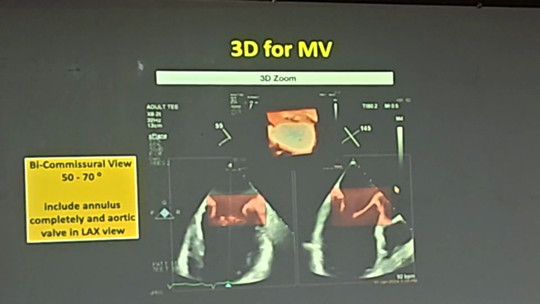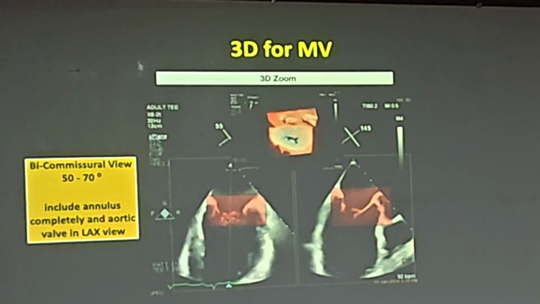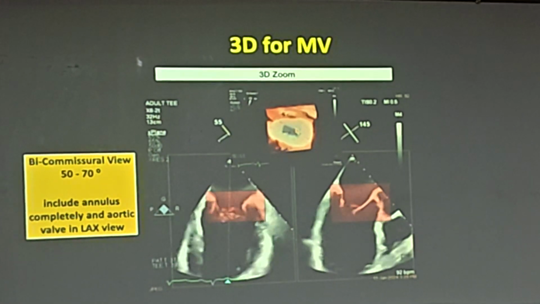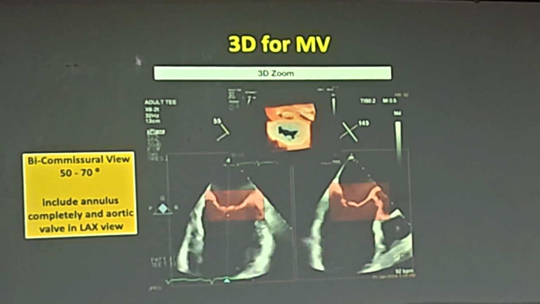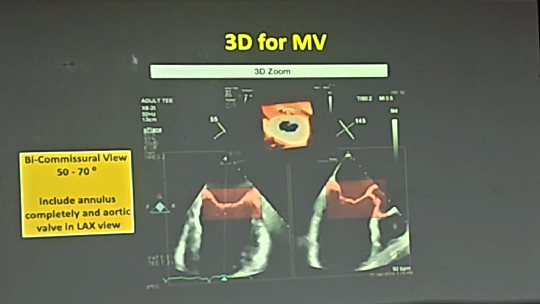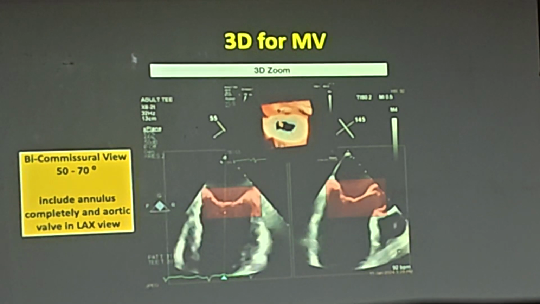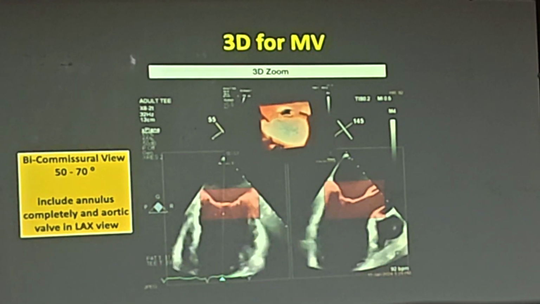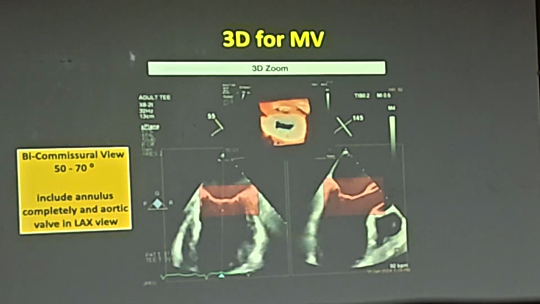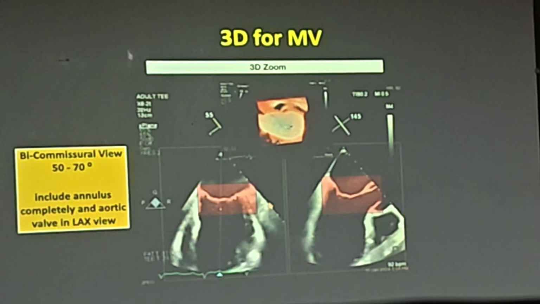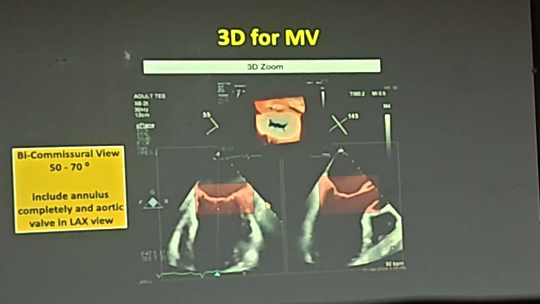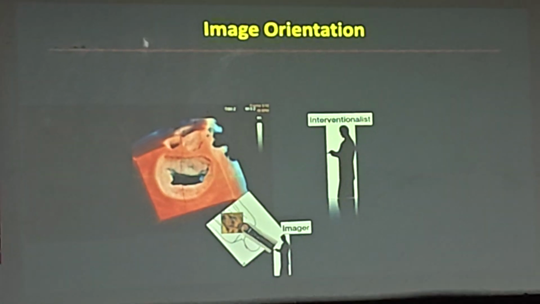Once you have this, you put on the mitral valve option on the machine. You get the aortic valve at the top, and in case it is rotated, just rotate the image in a clockwise manner and bring the aortic valve to the top. This is 12 o'clock, and the opposite side will be 6 o'clock. That means this is the ideal way of looking at the mitral valve.